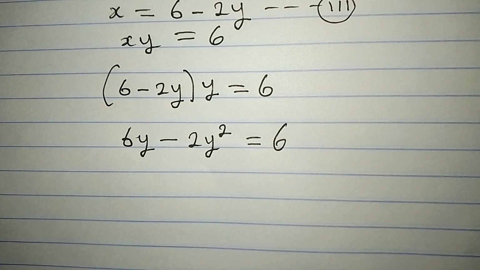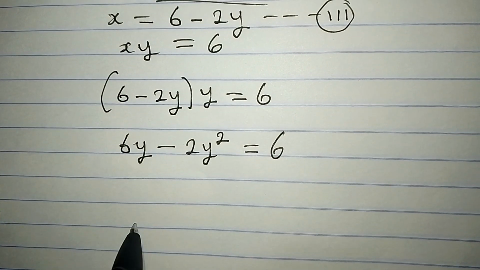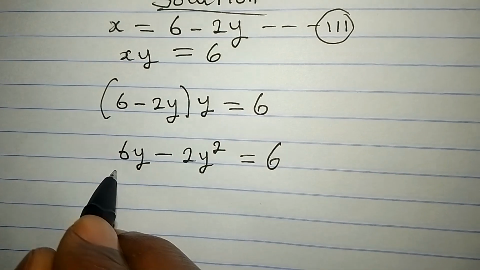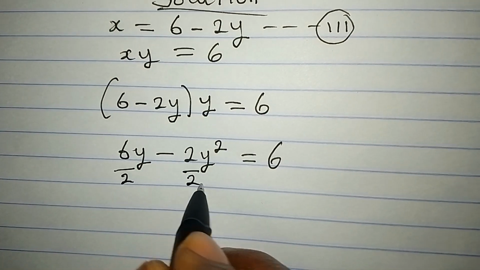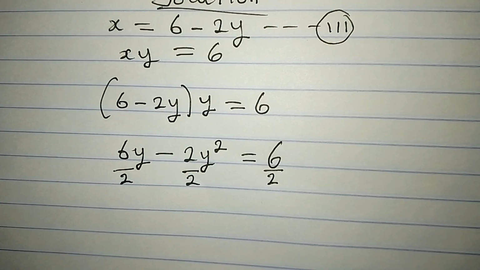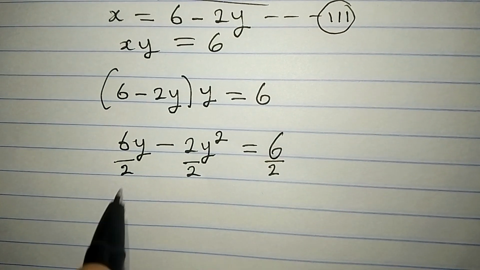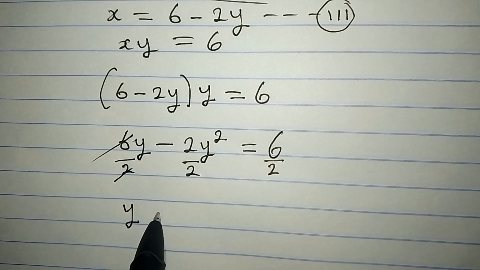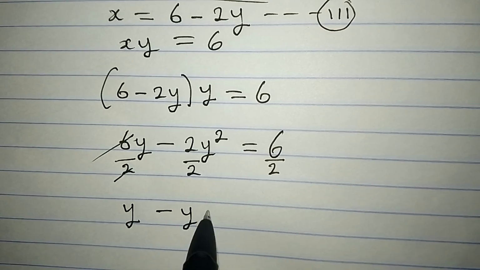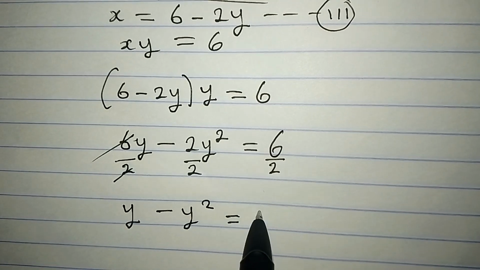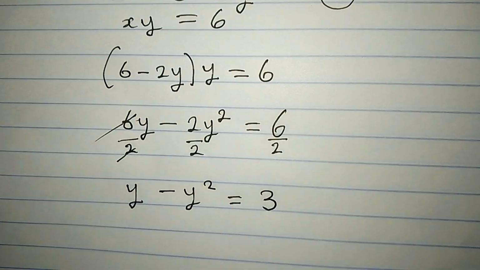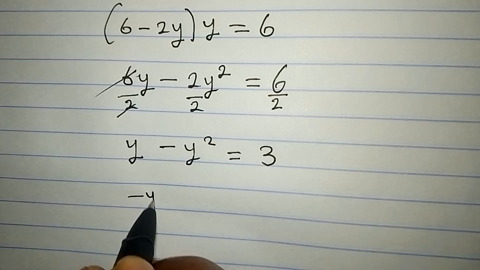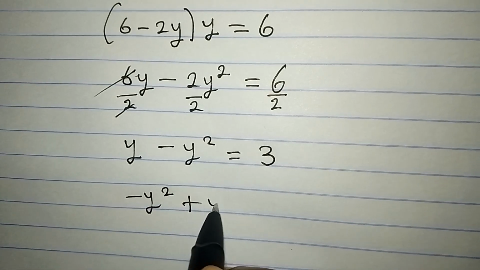What can we do? Oh, by the way, why don't we divide both sides by 2? Divide all through by 2. This and this can go. Now, y here minus y squared is equal to 3. So we have 3 over there. Now let's rearrange this. So we have minus y squared plus y